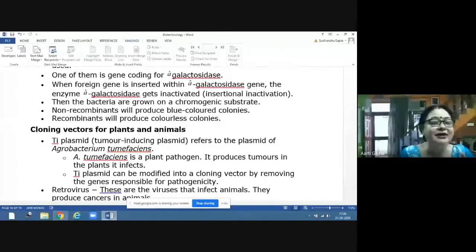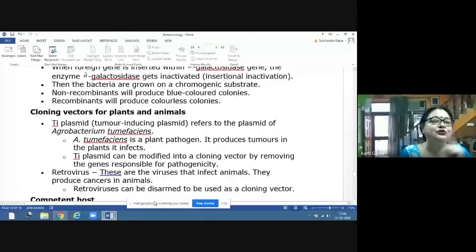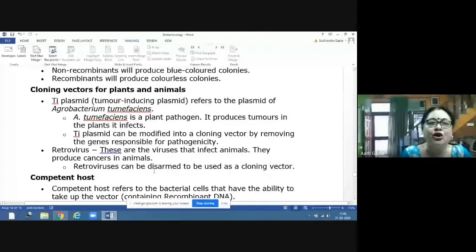Similarly, in animals, we are using retroviruses. Now, these retroviruses are responsible for causing or producing cancers in animals. This cancer is also uncontrolled growth. So these retroviruses also have been disarmed. The cancer-producing gene has been taken out, and these disarmed retroviruses are used as cloning vectors